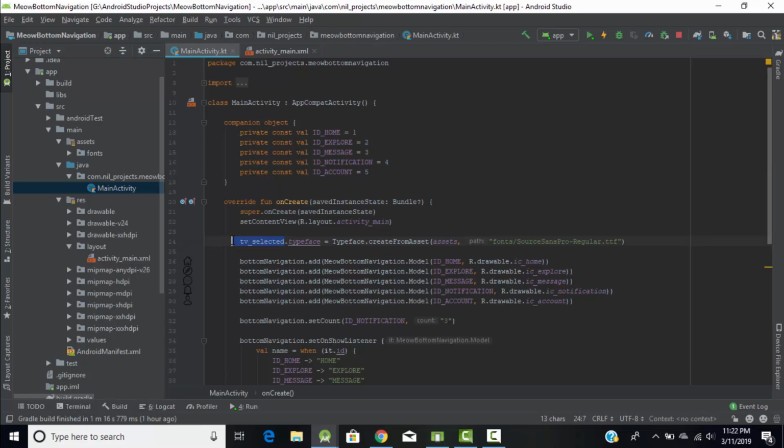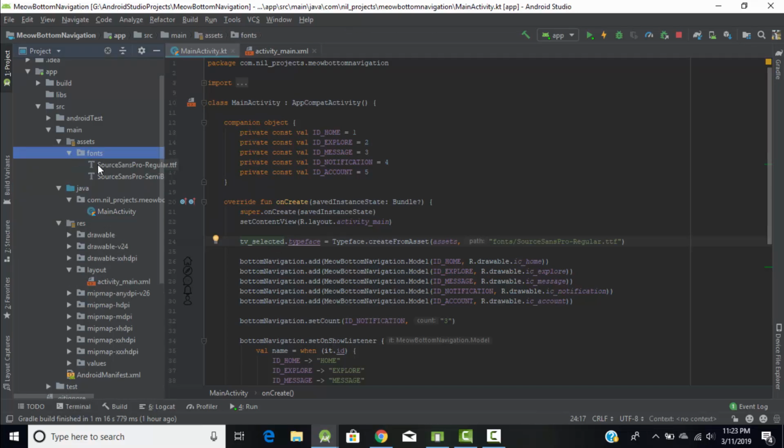Before that, I am changing the font of my text view, right? In order to use different fonts, I had created a font folder under the assets folder, and then I had added some fonts. If you want these fonts, you can just download this project from my description link. So textView.typeface equals Typeface.createFromAsset. I want to access these fonts from the assets folder, so in round brackets, pass the assets, comma, and then the font file you have to use. That file I had passed here. So now whatever I type in this text view will be printed using this font, right? Now